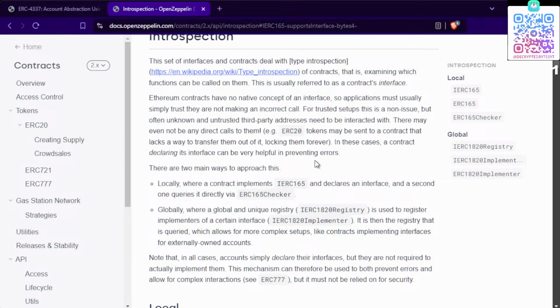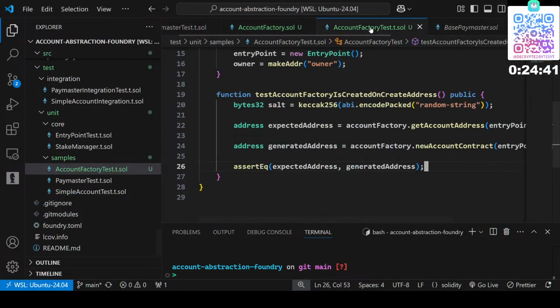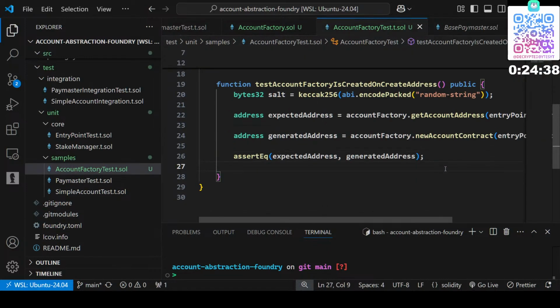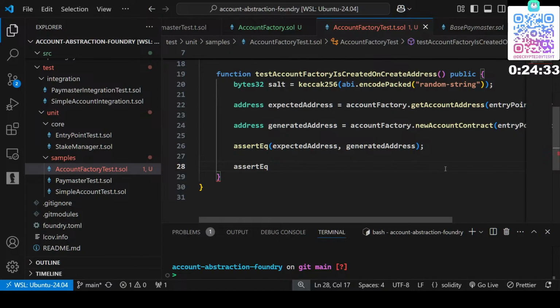Okay, so this is just adding... the contract needs to follow this and needs to have the support interface. Okay, so this is not useful for us in any case. Okay, let's go back to this and say assert equal to